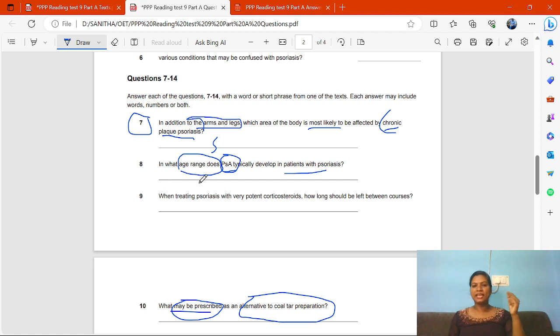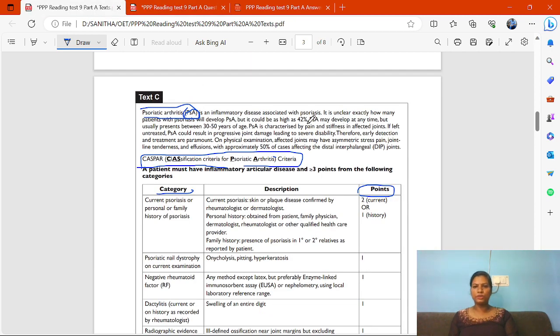And then what is the next point? In what age range does PSA typically develop in patients with psoriasis? You have to read the points. You have to scan from here, keep your hand there, and scan it properly. Psoriatic arthritis is an inflammatory disease associated with psoriasis. It is unclear how many patients with psoriasis will develop PSA, but it could be as high as 48%. PSA may develop at any age, but usually presents between 30 to 50 years